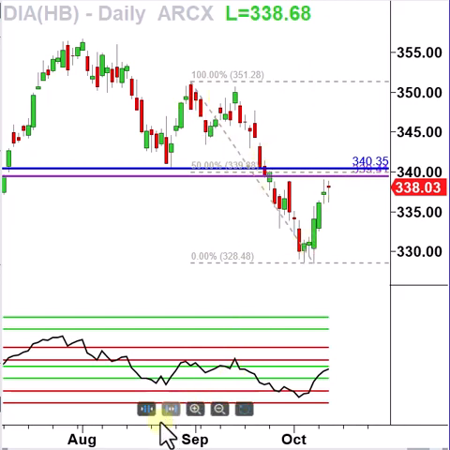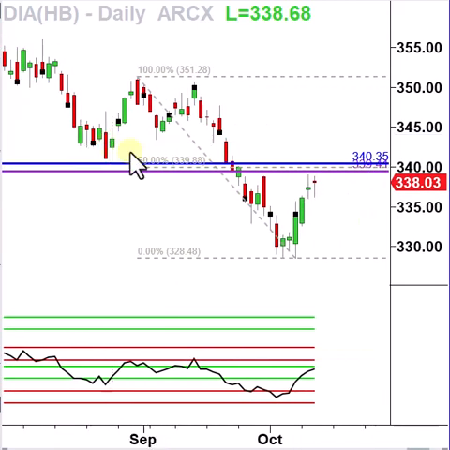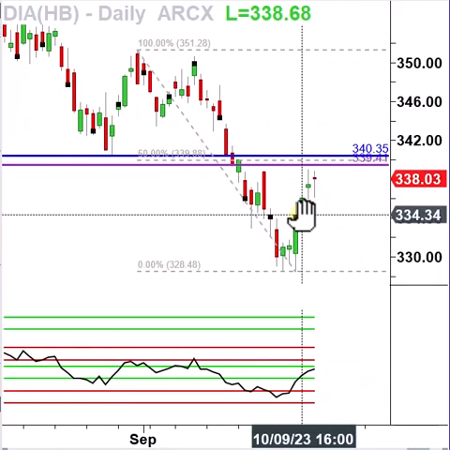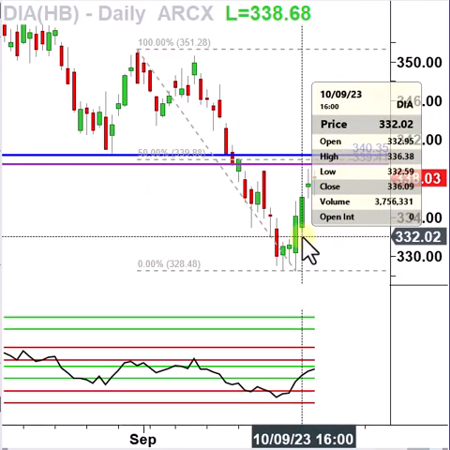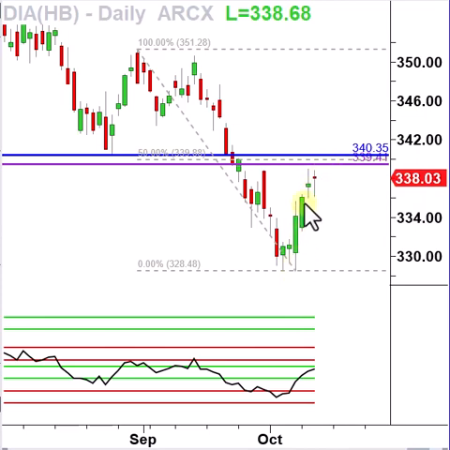Here, what I've pulled are various types of resistance that are coming together, all based on different concepts of price action. So the first one is this lower purple line at 339.41. That is actually the price aspect of a forecast that could have been drawn on the DIA as early as October 9th, right? So it's suggesting that this recovery is going to extend into 339.41. Now there is a time aspect to that price forecast, but I just want to focus on the price level